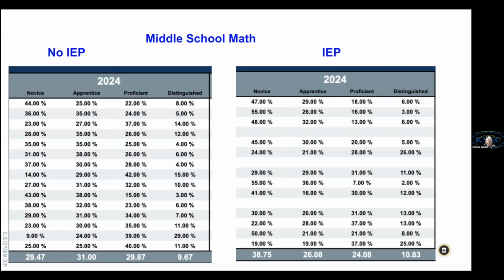Any observations about this one that you'd want to point out? Much higher rate of novice for IEP students. Right. That is a lot higher rate for IEP students, almost 10%, right? So that's pretty significant. That would definitely be something that you want to look further into, like an additional data dive or a focus to see what areas that is.